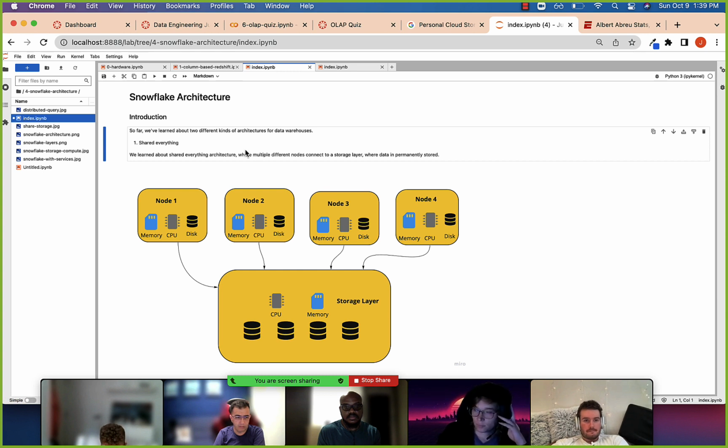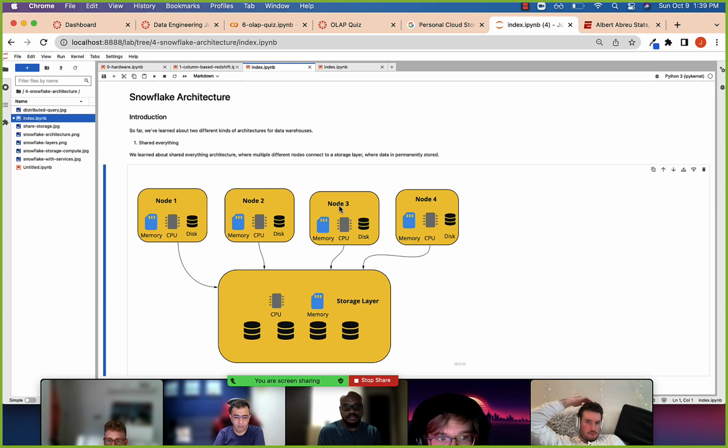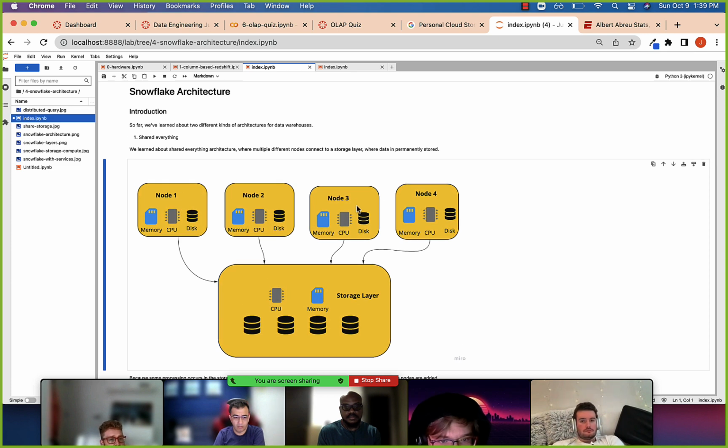Okay, the next thing is just the architecture of Snowflake. What you have to imagine is that this is stored in the cloud. We're going to get to that. All of these operations, currently we're just doing things on our laptop, but when you move to Snowflake, things are stored in the cloud, and it's distributed computing. So this was, if you like Oracle, old analytical databases, or they're still